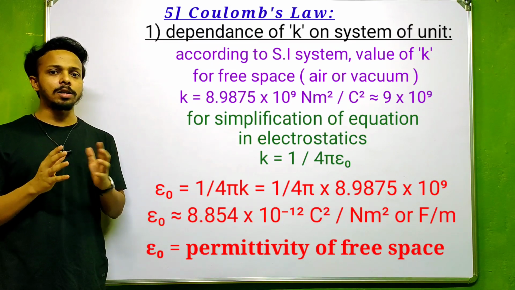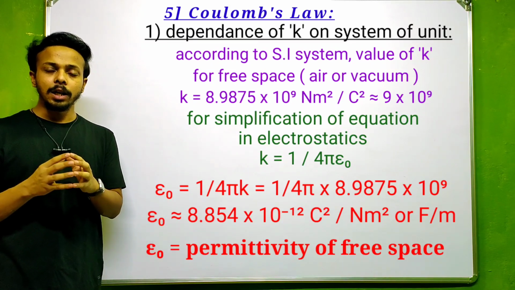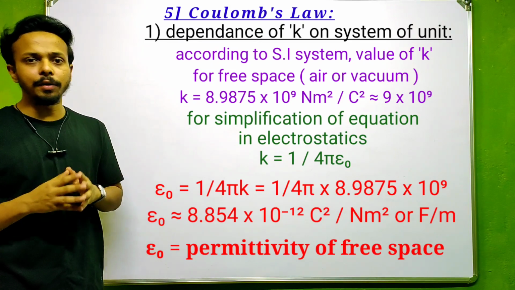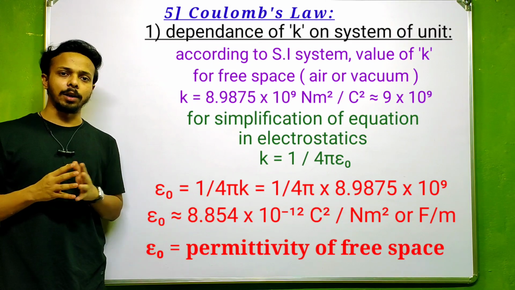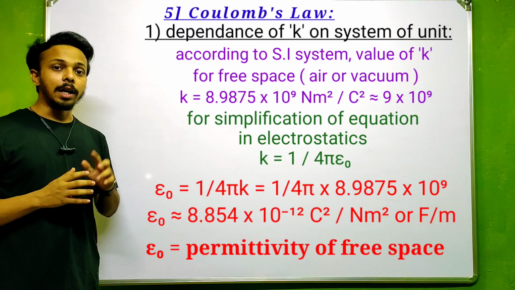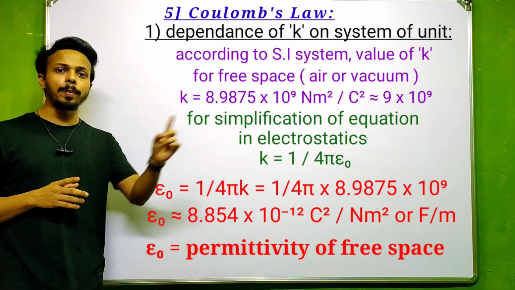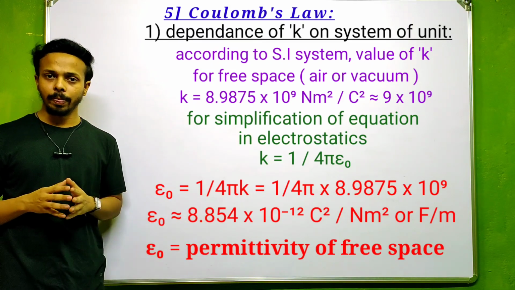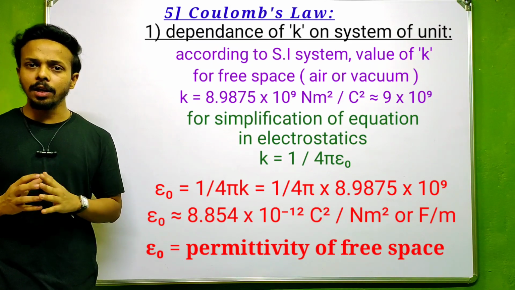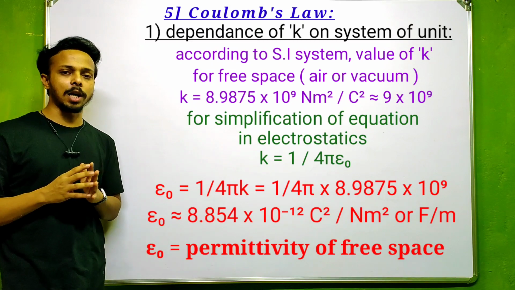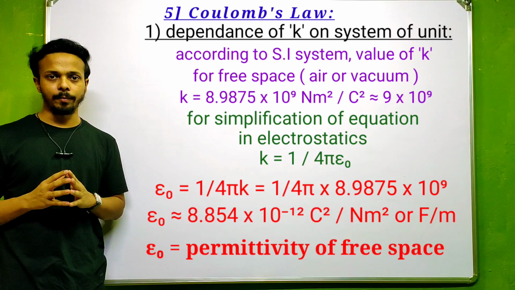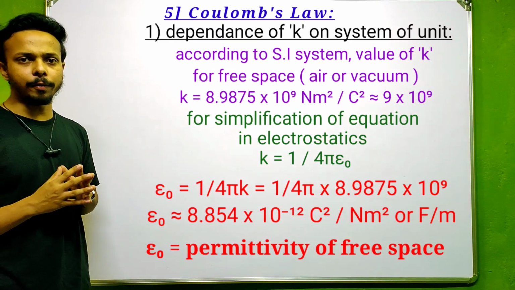Okay, so it is a constant for the given medium which tells how much the force is present between the two point charges. It decides it. So as we see, permittivity, what does that mean? It is the ability of a medium to permit, meaning to allow. So this tells to what extent the force between two stationary point charges should exist, decided by the medium. So that is permittivity for free space.